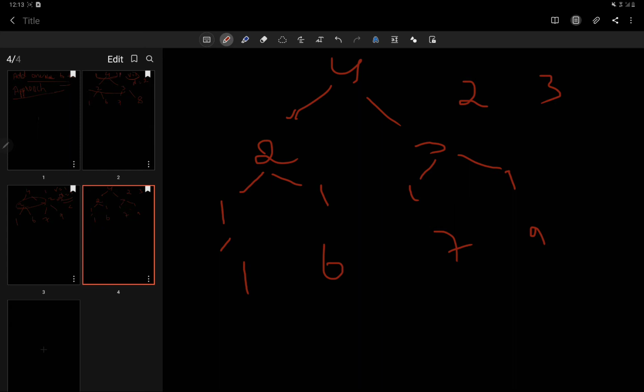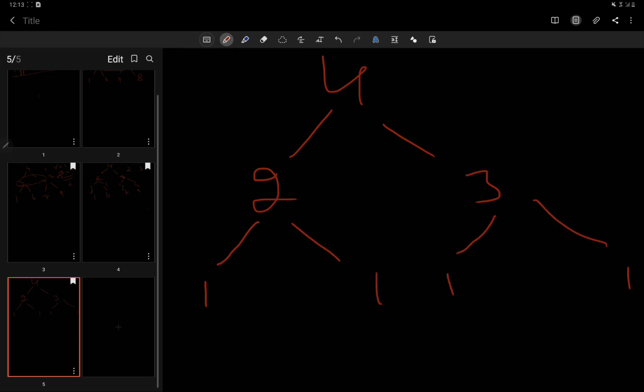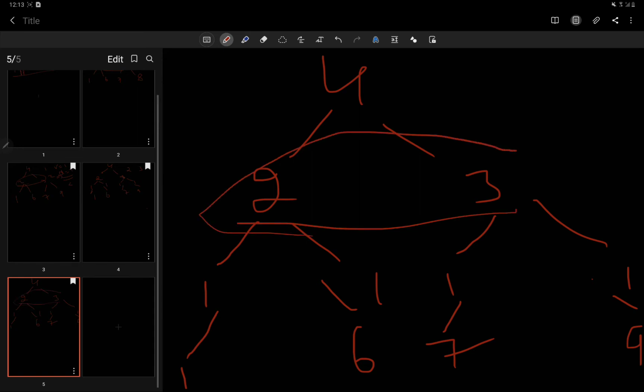So after adding left and right subchild for both of them, what we'll do is we assign the left to the left and right to the right, and same here, left to the left and the right to the right. So the final tree will look like this: 4 2 3 1 1 1 1 that we added, and so left to the left 1 and right to the right 6, and here will be 7, and here will be 9. So all right, so we will be storing this, and after that we will be adding this nodes, and